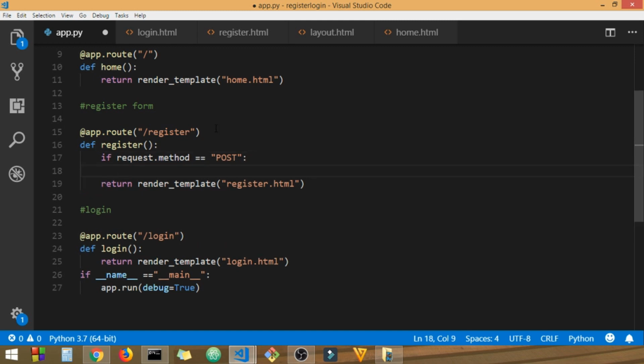Alright, oh, forgot. We need to get a method from here as well. Methods equal to GET and POST. Alright, if the method here is POST,